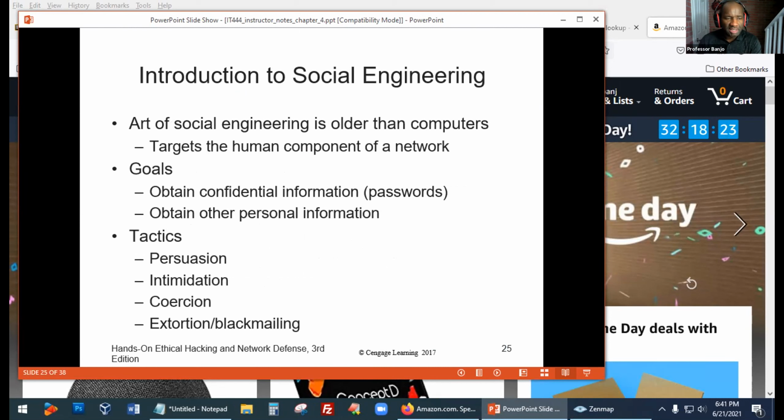Okay, so most of what you guys did in your field exercise was social engineering, using persuasion, intimidation. Well, hopefully you didn't have to intimidate anyone, right? Because you're not dealing with actual people. But the guys who do this with a negative intention in mind use all these kinds of tactics. They can blackmail somebody. They find a bank executive in a compromising position with a woman, right? They can use that information to get this guy to do things for them, right?